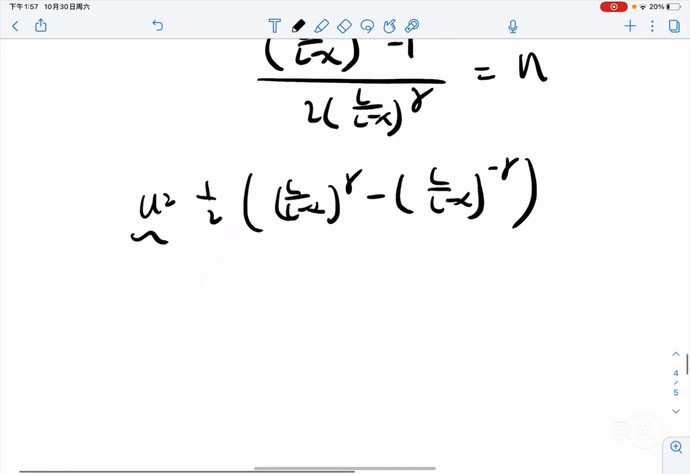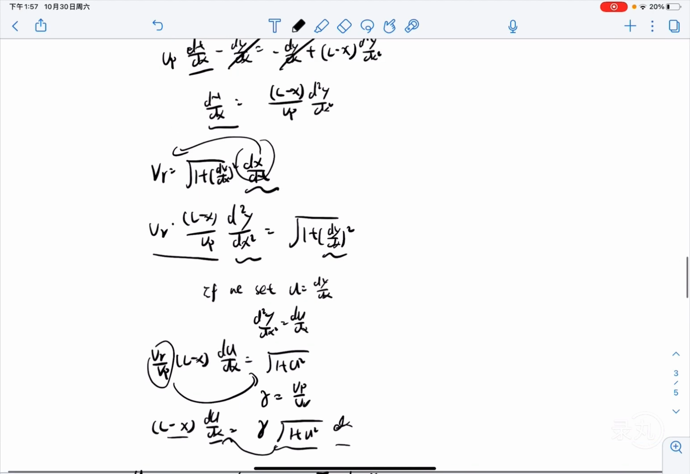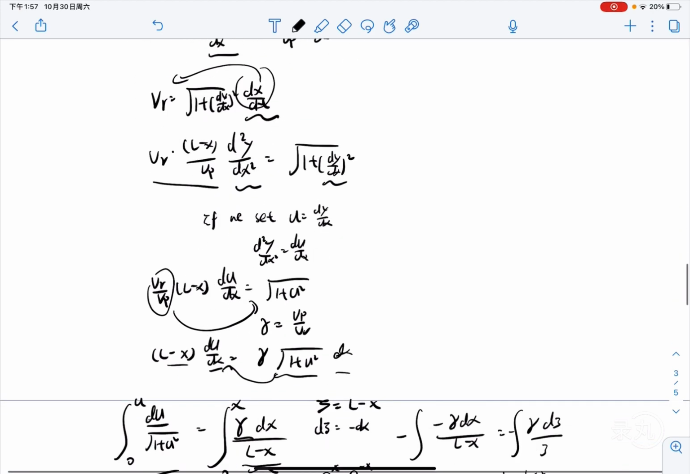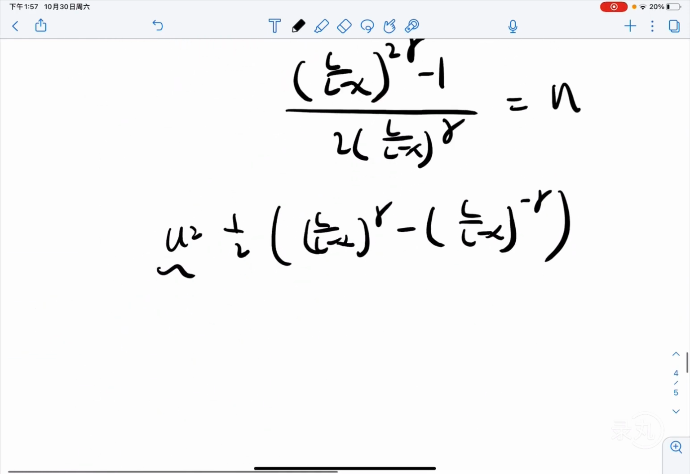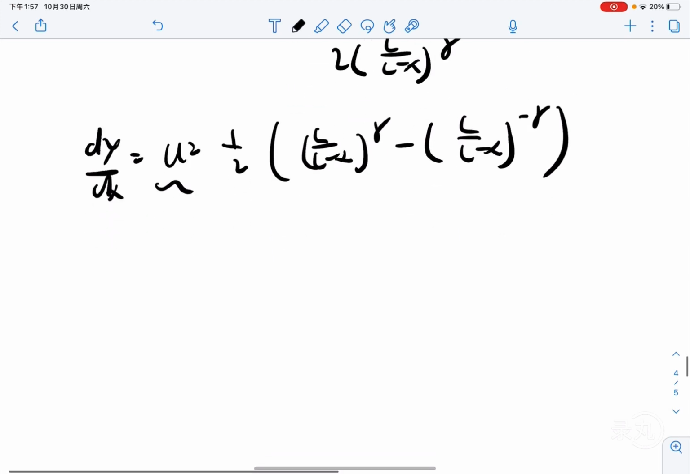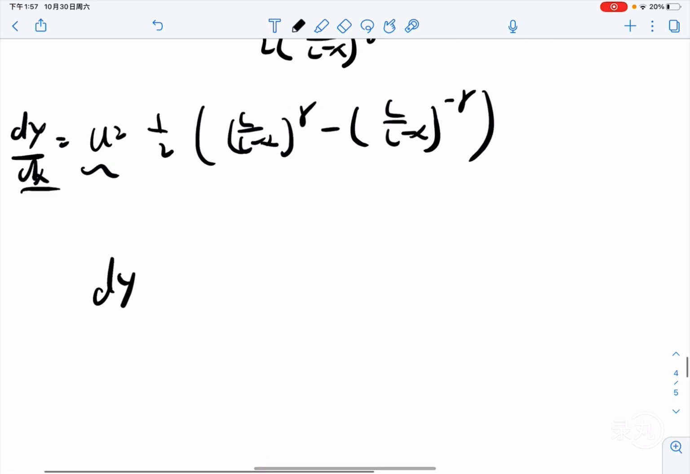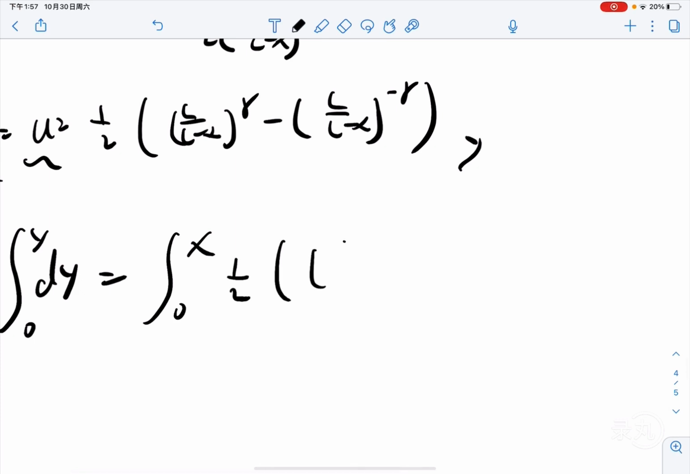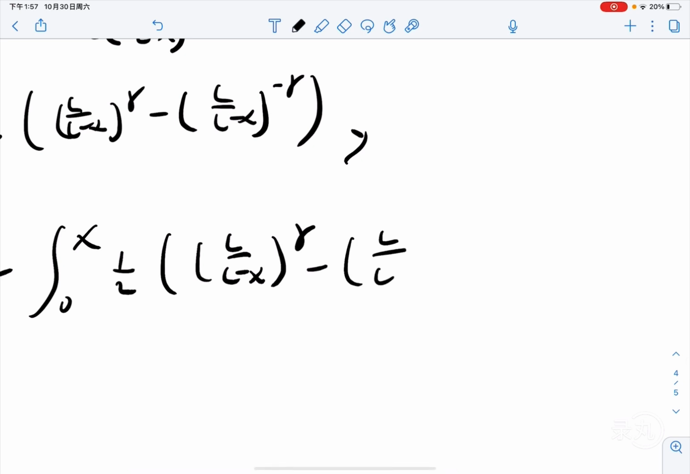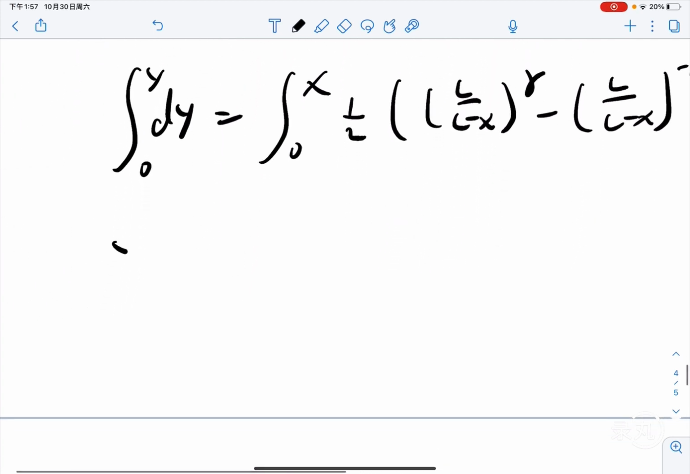And this we know from here, and from here we know that this is going to be equal to dy/dx. So if we move this to that side, we can get dy, and take 0 to y and 0 to x of 1/2 of L minus x to the gamma minus L minus x to the negative gamma, dx. And if we integrate, we can get y is going to be